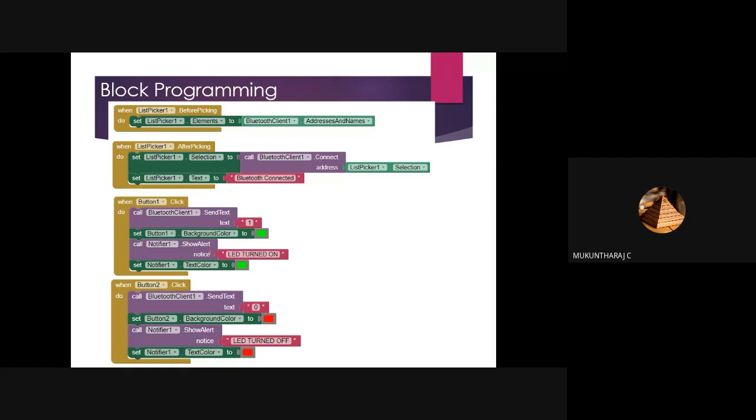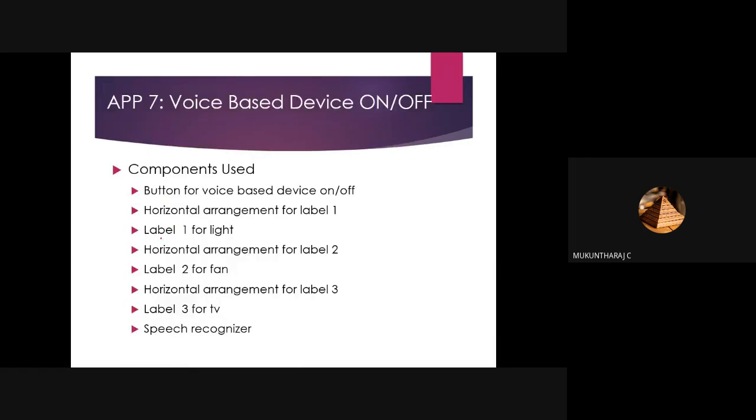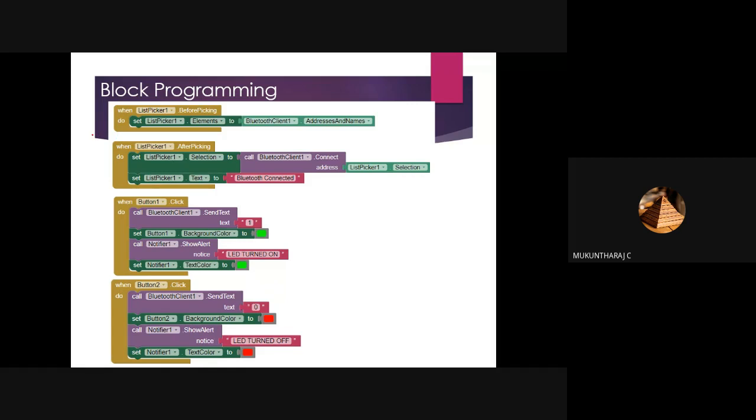Straightforward rules only, this set of rules. We will see one by one. The very first one is list picker. When list picker, before picking. The picking in the sense of what the user selected. It is going to give you some list of items. If a user clicks an item, that comes under picking. So before the user picks an item, what it is going to do is list everything. What it must list, we need to set that.